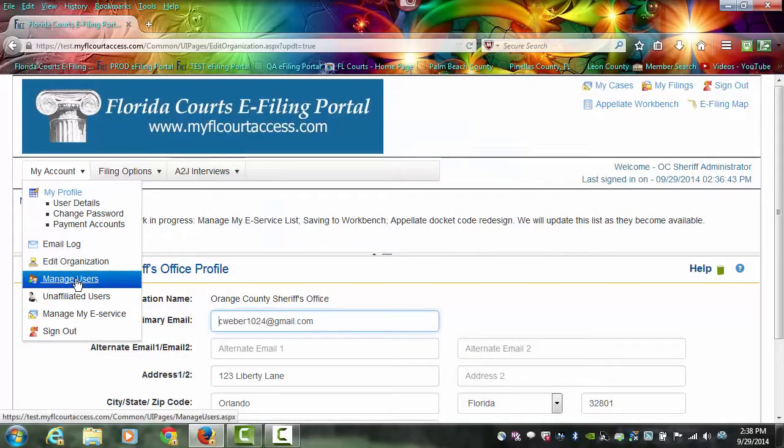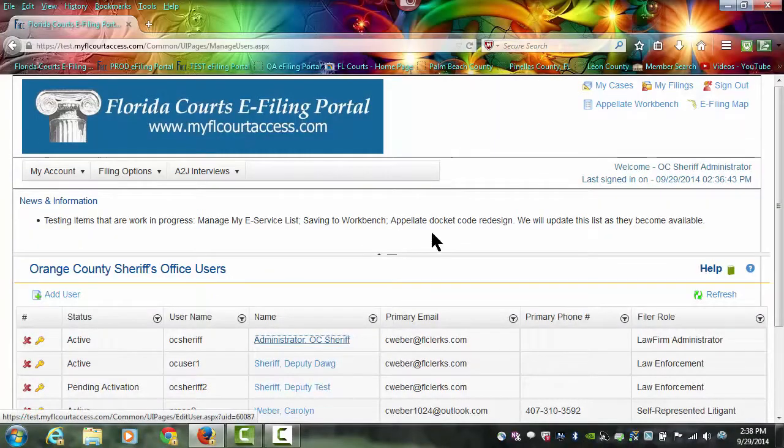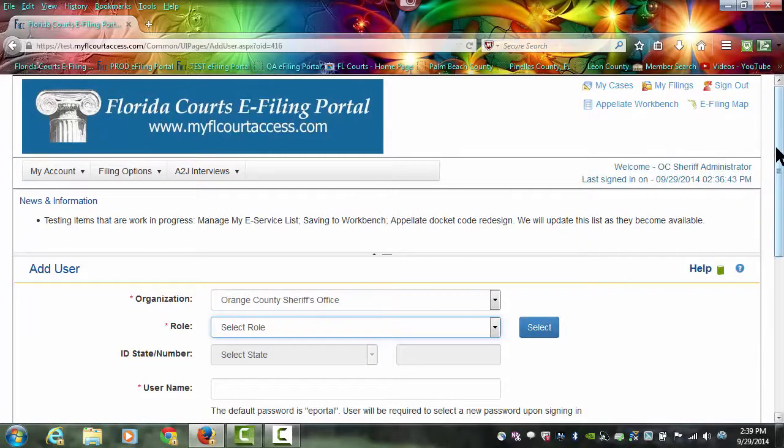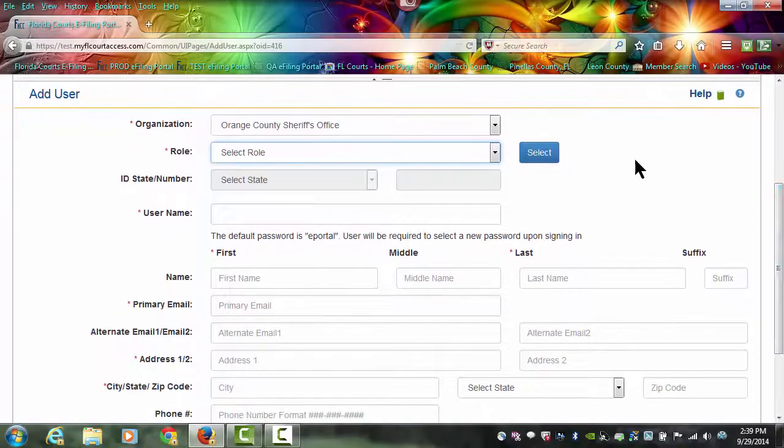You can also manage users. What this means is you have the ability as the portal administrator for the law enforcement agency or the law firm to add users to your organization. They do not need to request a username and password themselves individually and be added to the portal. To add a user, you click on the Add User link, and then it will show you the organization,